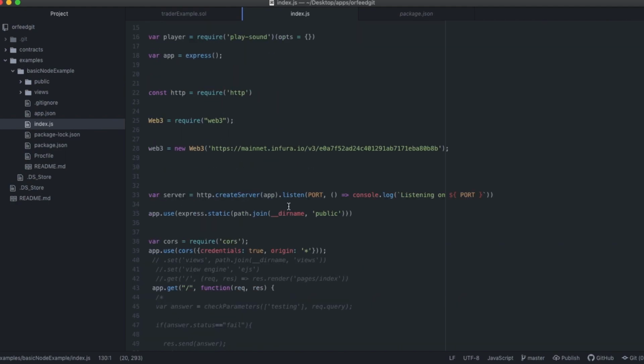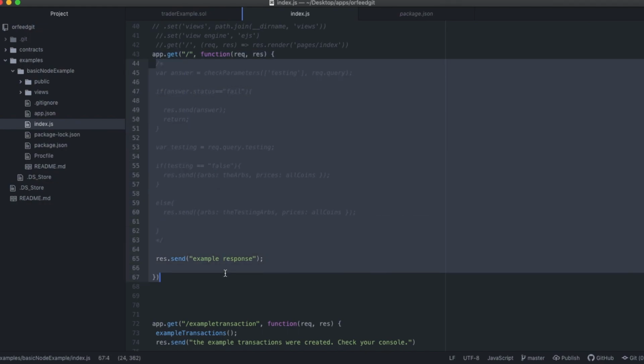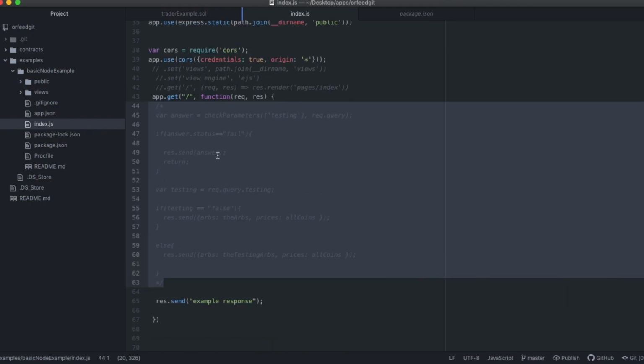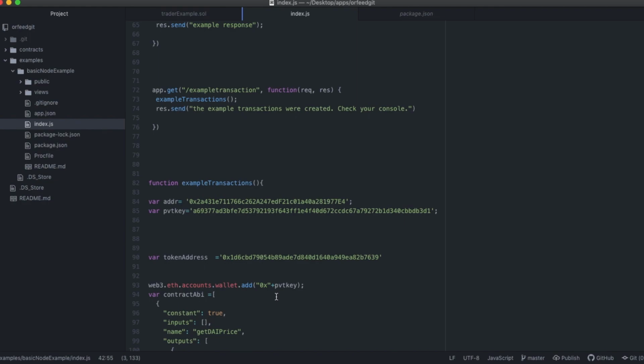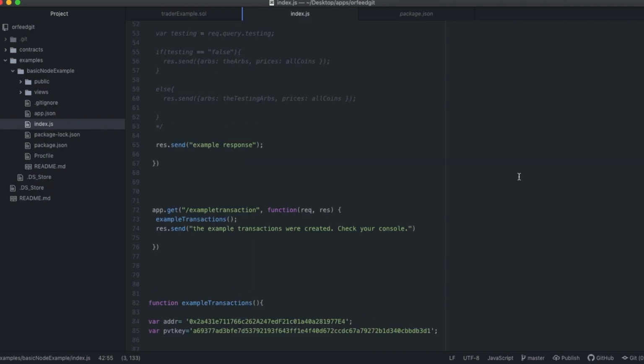So in index.js, if you're new to coding, look at this. I say app.get. Now, in the future, we're going to do a bunch of other cool stuff. I commented this out because it can be used later, for the advantageous people out there who want to jump ahead and play with stuff. I commented some stuff out that you could probably play with and turn on. All the stuff that's not commented out will be used later, or is something you can play with on your own. But all it's going to do is a res.send, which means it's going to send a response to the web page of example response.